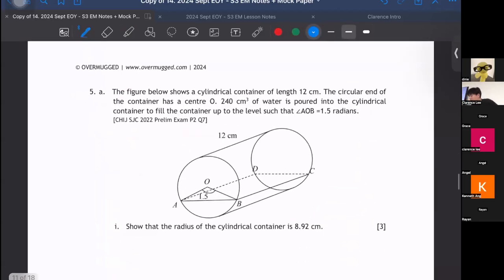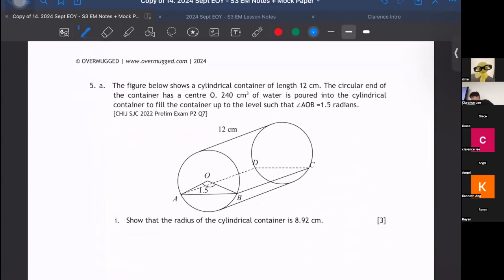Moving on to question number 5, you must show that the radius of this cylindrical container is 8.92. You only have the volume of water in this cylinder. For a cylinder, when you want to calculate your volume of water, it's always your base times your height. So volume is always my cross-section area